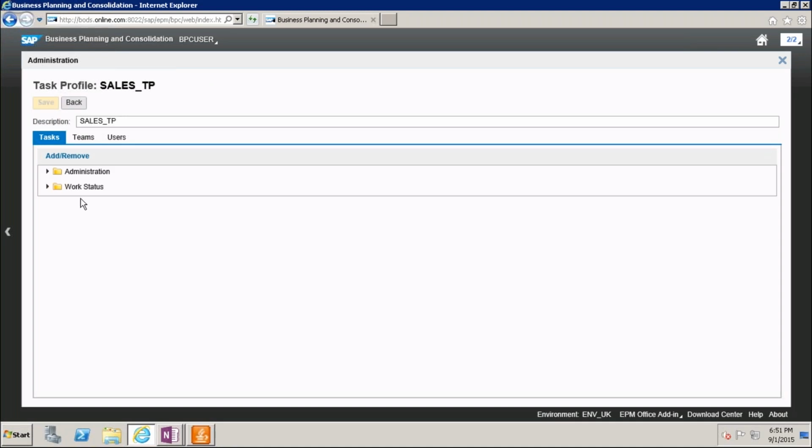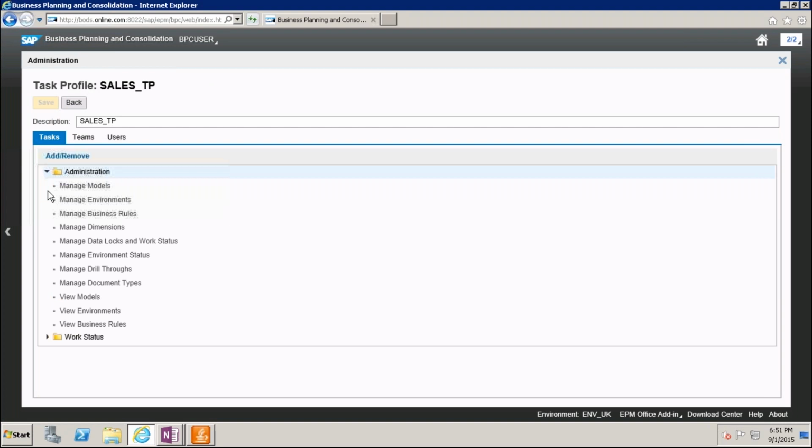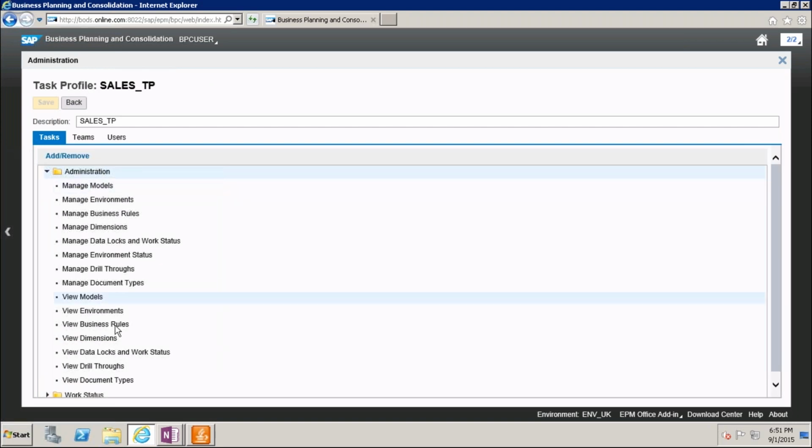In this sales underscore TP, I need to provide access to post the journals. Here you have only this, there are no general journals to post.